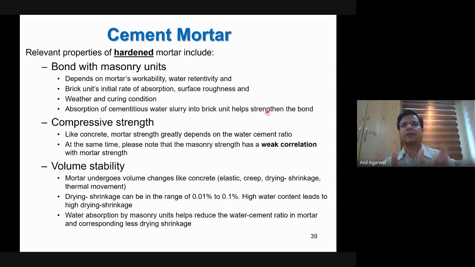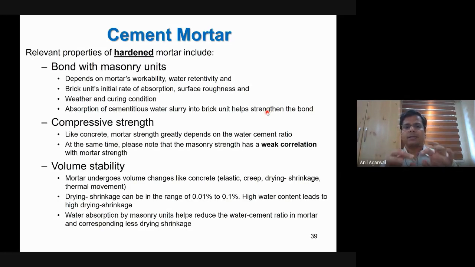That is very, very critical. That is important so that the brick can maintain its stability. If there is not good enough bond between mortar and brick, under lateral loads, the brick can fall. So that is the biggest risk for the brick walls, and that's why bond is the most important, most critical parameter for the mortar.